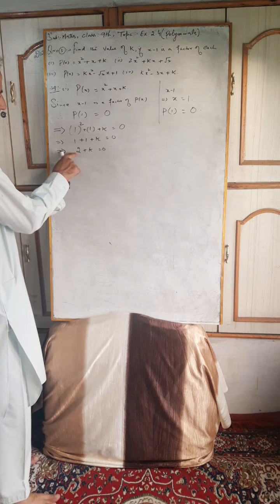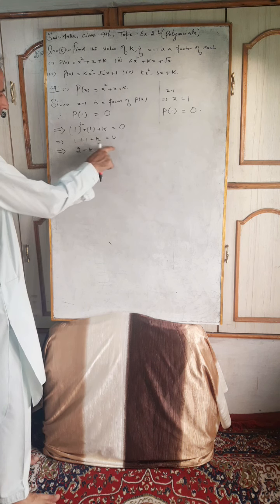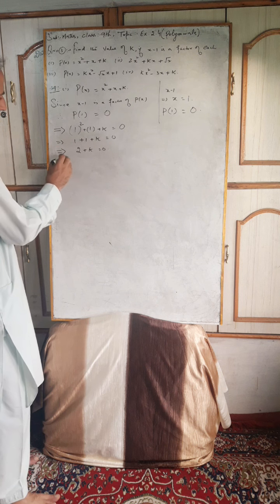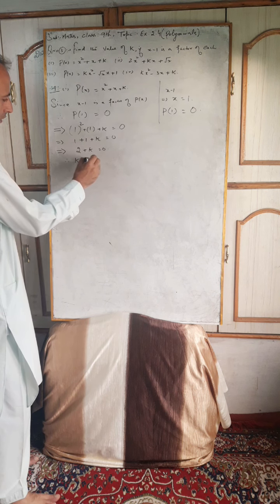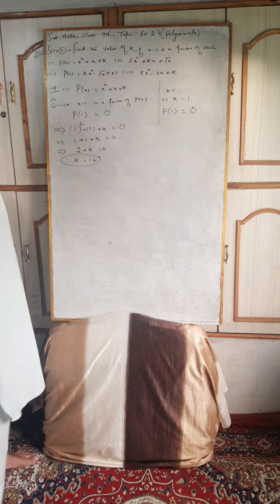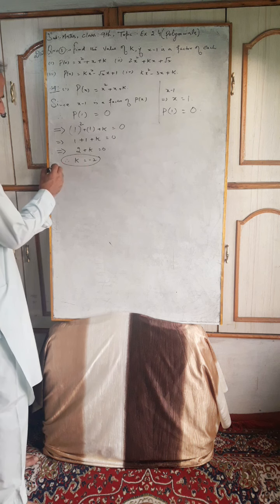Here on the left hand side the sign of 2 is positive. When we transfer it to the right hand side, the sign will get changed, therefore k is equal to minus 2 is its answer, because we have to find the value of k. The second part is